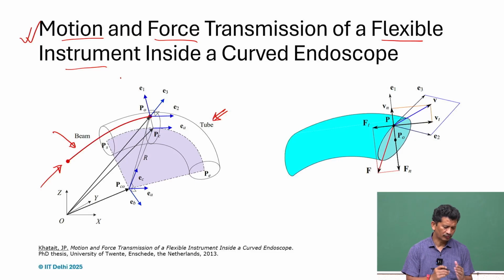So this instrument is very flexible, so it interacts with the wall and comes in physical contact, and these instruments are very long, slender structures, and because of the friction,